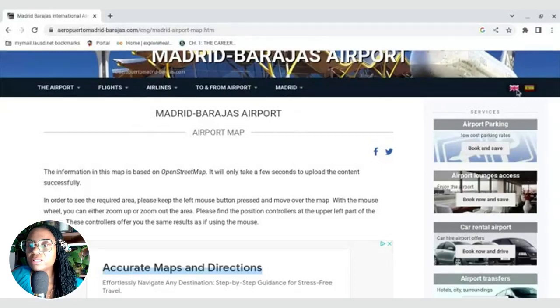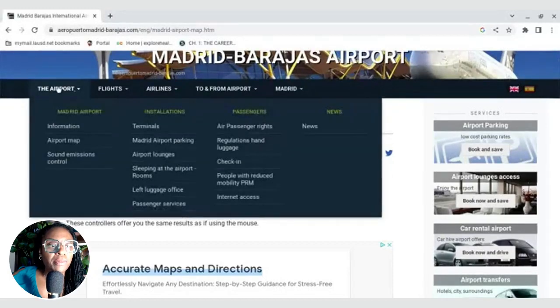But the neat thing here is that over here it gives you the option to translate it for you. So you see the flag of Spain, and then you see here it has the England flag here, which is English. Different kind of English than we use in the States, but you can still understand it roughly. And let's see here. Let's go to the airport. So here you got the information airport map, which is very important here. You have the terminals. That's important too, because I'm telling you,